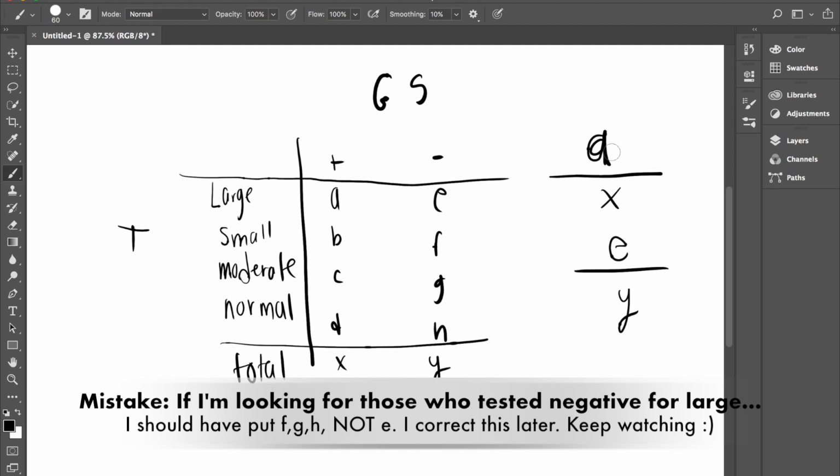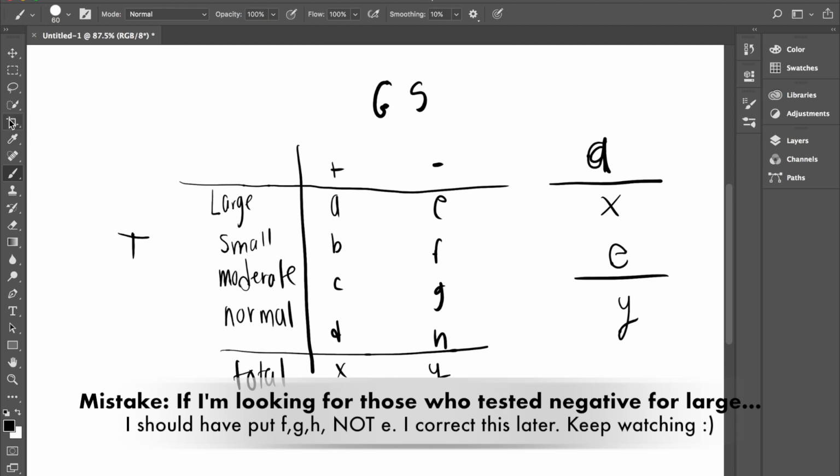What if I don't want to go through the whole thing of calculating my sensitivity values and my specificity values, and then putting it in my calculator and saying sensitivity divided by 1 minus this? You could prevent yourself from putting this whole thing in your calculator. This is a shortcut only for likelihood ratios. For specificity, you do have to calculate this. For sensitivity, you do have to calculate this. But the reason why it differs for